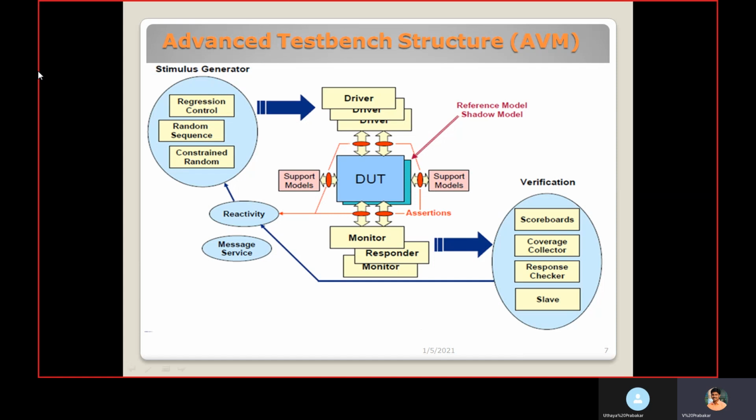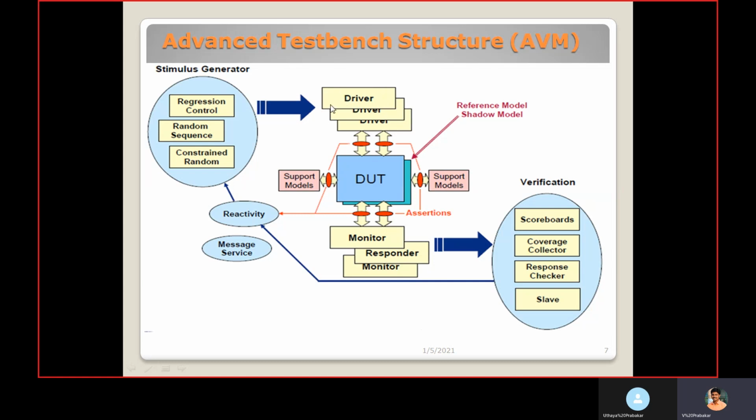Once all the test cases are done, with the help of the scoreboard we can stop the test. The generator generates the transactions with some values and transfers them to the driver with the help of a mailbox.